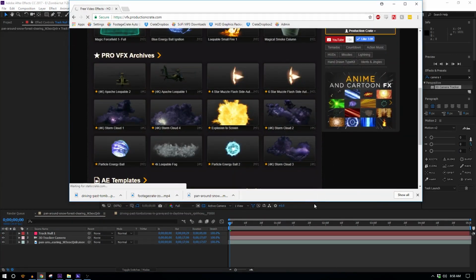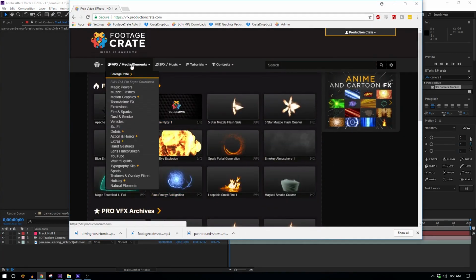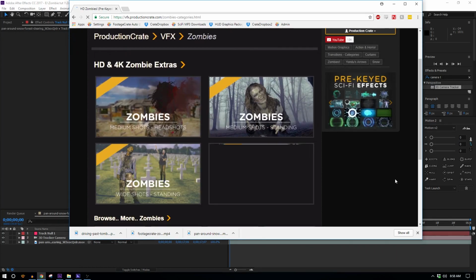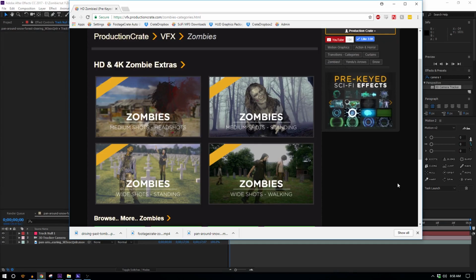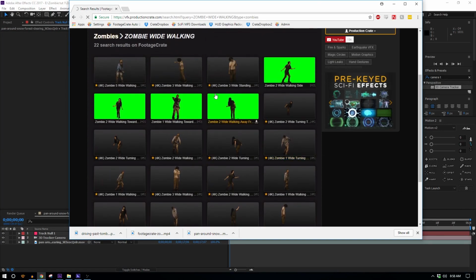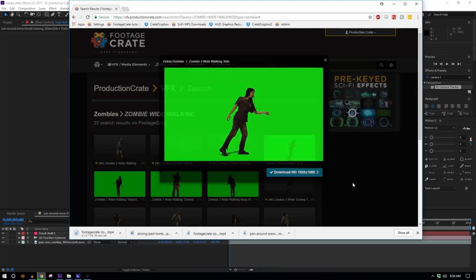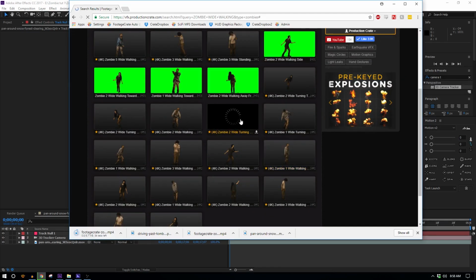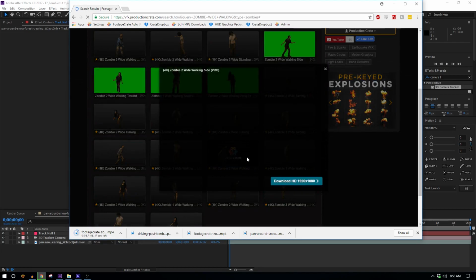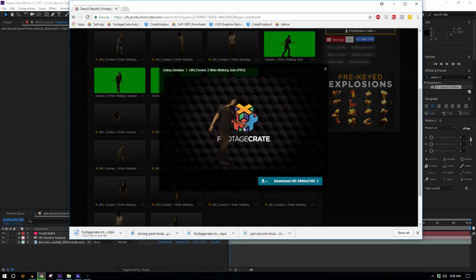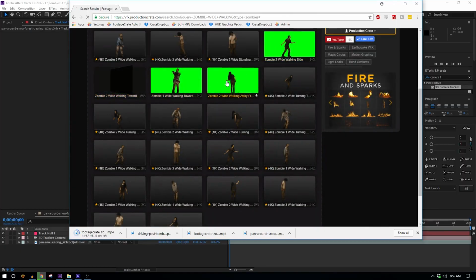So let's go over to Footage Crate and we will navigate to the extras, the zombies, and I think I want to pick a wide shot of a zombie that is walking around. So I will click onto that section, and these ones with the green backgrounds are the free ones. I'm going to go ahead and use one of those today. I'm just going to download this one. If you have a pro account though, you might want to check out these ones on the black backgrounds. They are pre-keyed for you and they are in 4K resolution, whereas these are in 1080p, which is still really